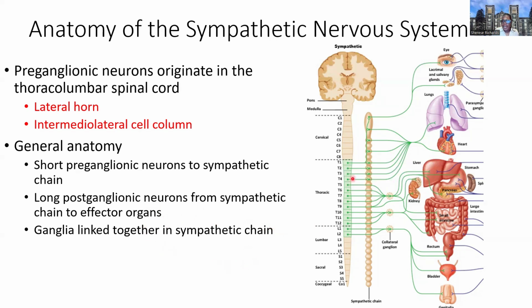So the ganglia that are connected from the thoracolumbar segment here, this is what forms the sympathetic chain, hence the term sympathetic chain, okay? So it's a connection of ganglia, kind of like pearls on a string, that form this chain, which can be seen grossly in the body, right? If you open up the abdominal cavity, take out the organs, even the thoracic cavity, you'll see almost like pearls on a string, you'll see the nervous structure running alongside the spinal cord, which is the sympathetic chain. So this is where the ganglia are located, and they're connected to form this chain.